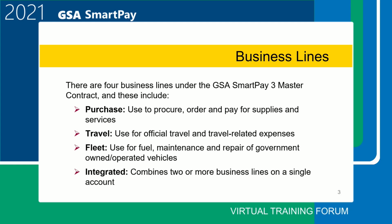There are 4 business lines under the GSA SmartPay 3 Master Contract, and they include purchase, used to procure, order, and pay for supplies and services; travel, used for official travel and travel-related expenses; fleet, used for fuel, maintenance, and repair of government-owned and operated vehicles; integrated, combines 2 or more business lines on a single account;